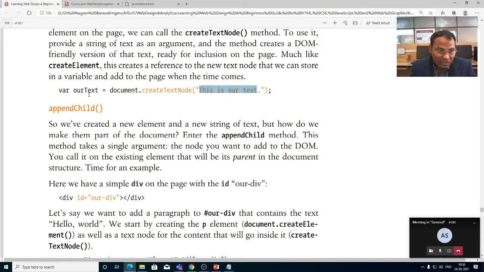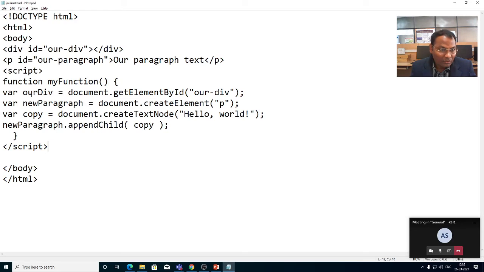In our text variable we have stored this message. This is our text. This message is stored here, and when we require it, we can take it later on the page. Here we have just kept the message in this variable. You see here, in this variable we have kept the id our div, and this our paragraph message is stored on this id.